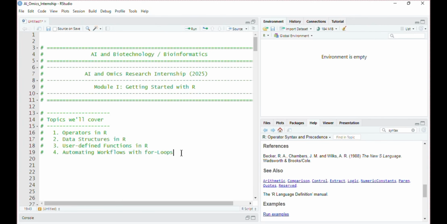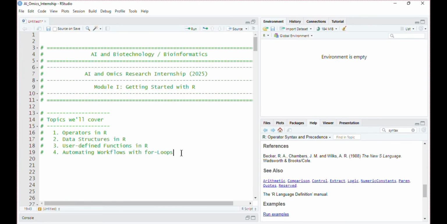And to wrap up this session, we will look at how a for loop will help us automate our work. If I have to repeat the analysis pipeline for 4 to 5 data sets, and I have built a pipeline of 100 or 1000 lines, for the next data set I will not rewrite or rerun all the lines one by one, but I can automate my work using a loop.